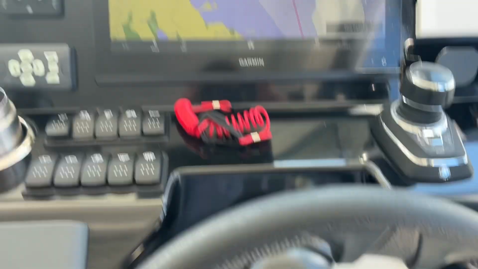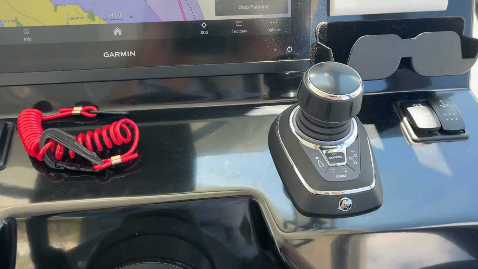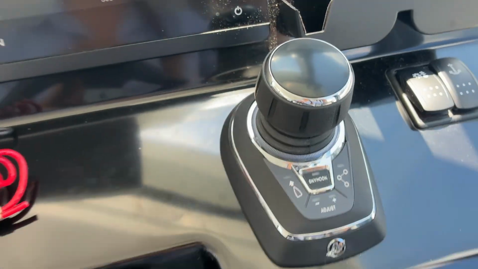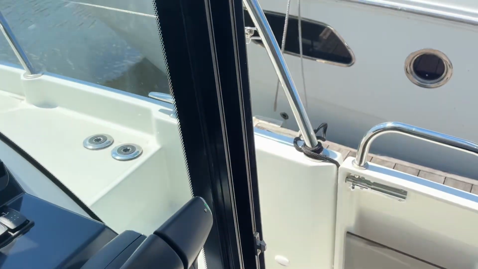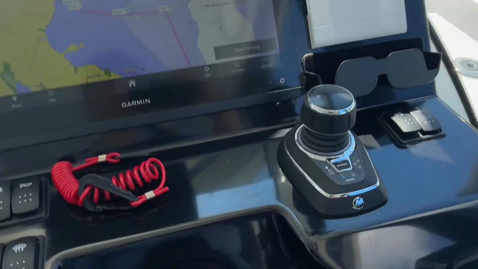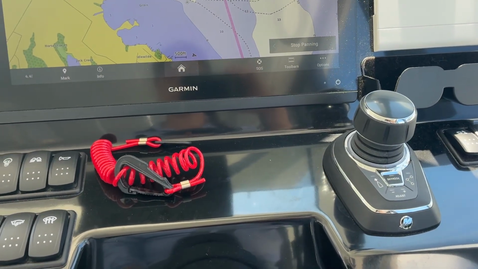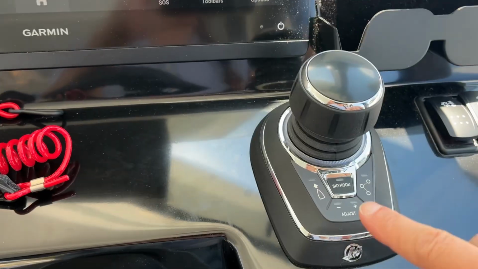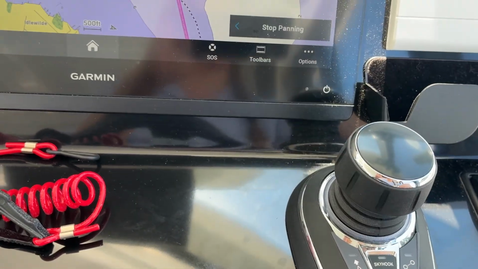Now my engines are trimmed up, so I'm not going to start them. I just want the joystick. Although, yeah, I guess the joystick doesn't work unless I put the engines down and start them, as it were. Okay, well, in any event, if the joystick were on and if we were ready to engage the autopilot, once